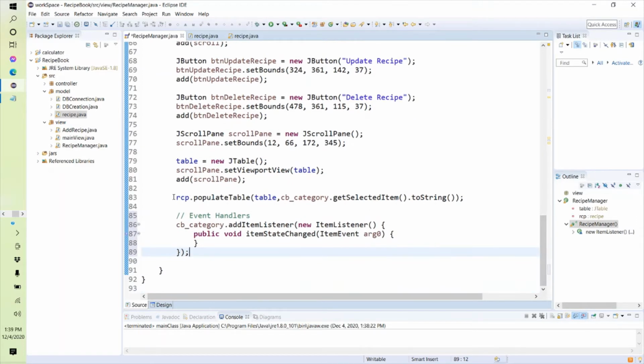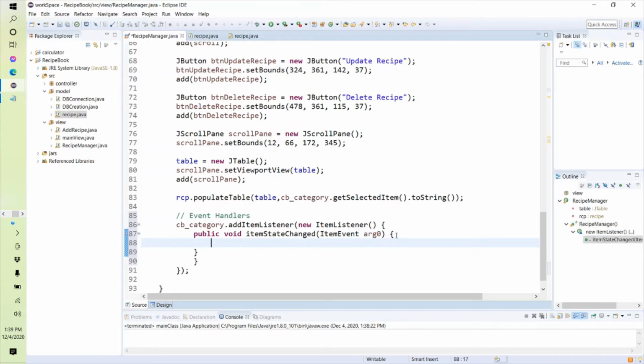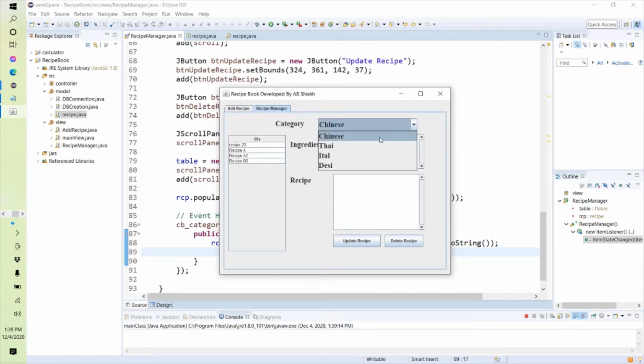And whenever my selected category has been changed, I just copy this populate table function again. So that's it. Now if we execute it, go to the recipe manager. Now my user is selecting a particular category and the recipe list is appearing here.